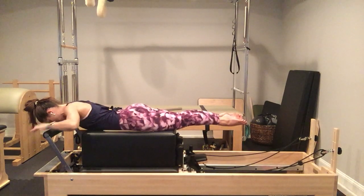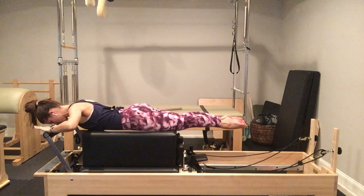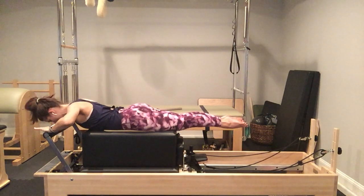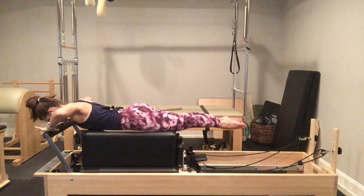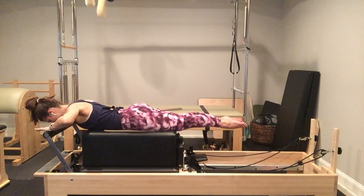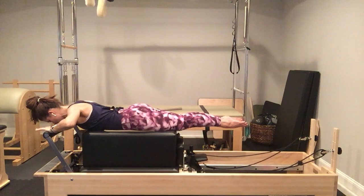I'm drawing my belly button up and in to lift it up off the box. I'm wrapping my ribs and I'm trying to maintain a neutral spine while I am looking down until my nose touches my foot bar. Yours might not. I'm spiraling out to my pinky blade edge so that I have more weight in my pinky blade edge. When I can feel it underneath my arm and down my ribs and my lats, I'm going to press out